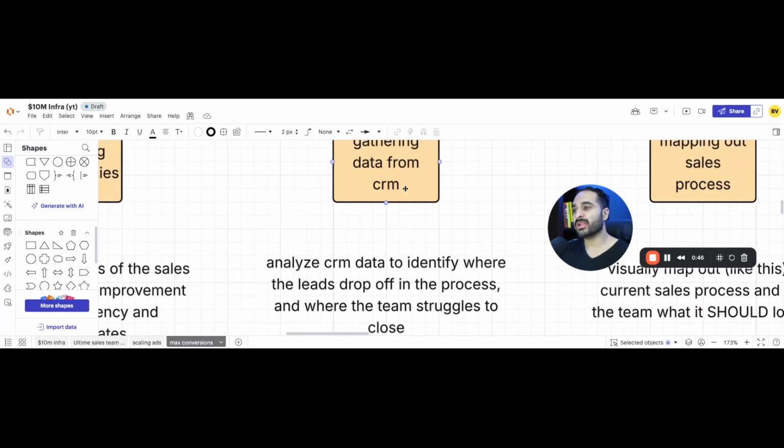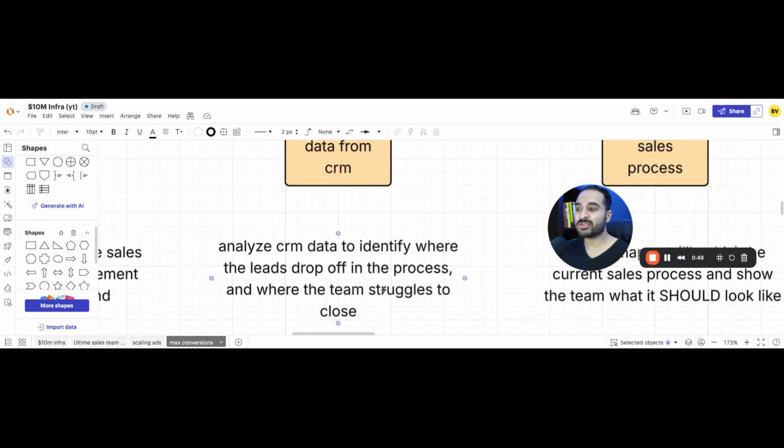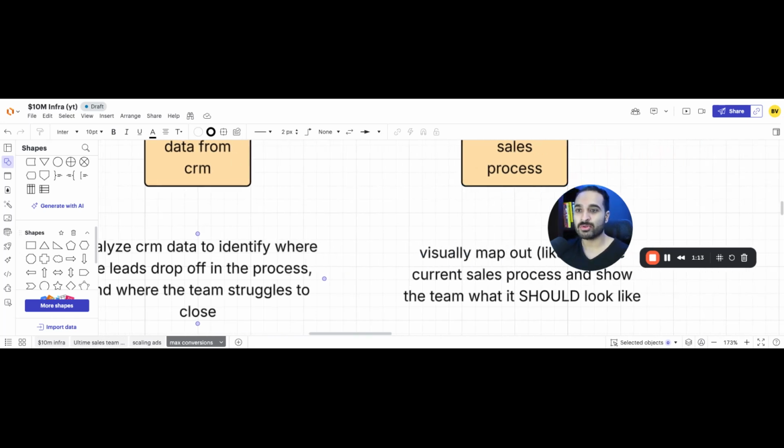You can also gather data from the CRM, right? Analyze your CRM data to identify where the leads drop off in the process. Is it lead to setter, or is it lead to triage or book call? Is it book call to close? Is it close to cash collected? Whatever it is, your process is different for every offer. Analyze CRM data to identify where the leads drop off in the process and where the team struggles to close,